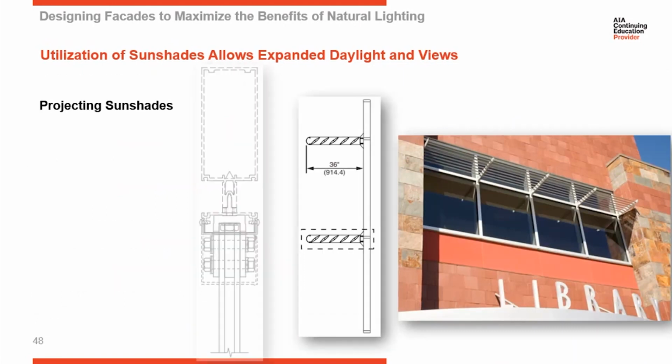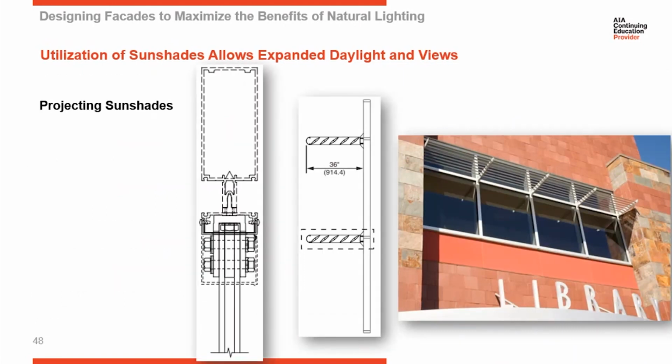When we look at the details of that, most manufacturers are going to have a limitation of about 36 inches maximum for the projection of a sunshade. The reason for that is you have a lot of weight that's cantilevered out, projecting from the curtain wall elevation. So there's a lot of force being applied back to the mullion. So we need to limit how much projection we have to limit the amount of force being transferred back to